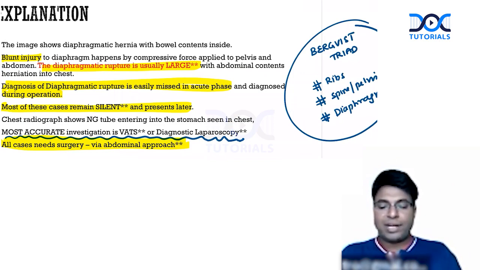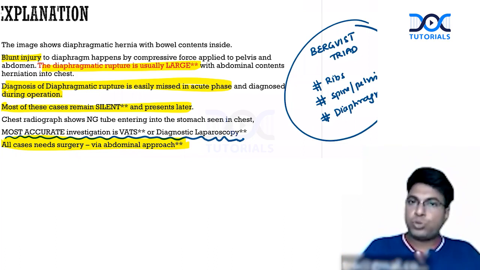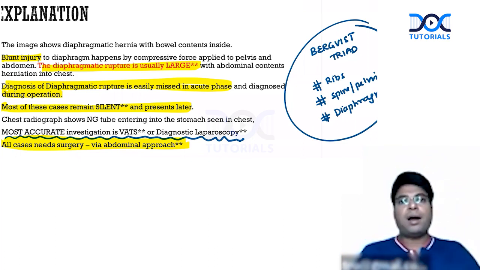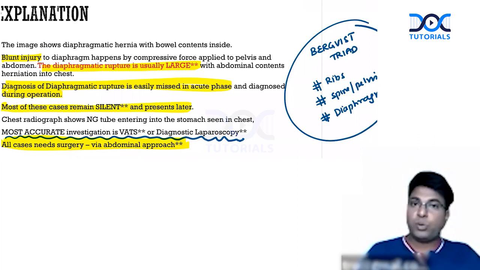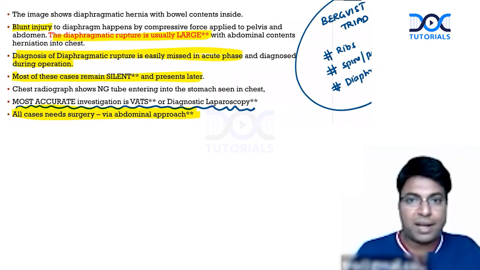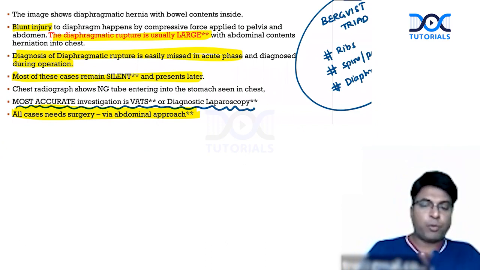Okay, any doubt you have in diaphragmatic hernia? Diaphragmatic hernias always need surgery. We approach through the abdomen and repair the diaphragm using a Prolene suture, or with a mesh. If you are going to use a huge mesh for diaphragmatic hernias, you should use a dual mesh: one side Prolene, another side Vicryl mesh. Most of the time, we can repair it by suture itself, especially traumatic hernias, with Prolene itself.